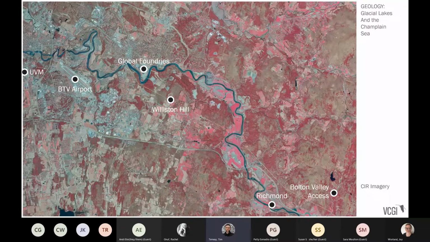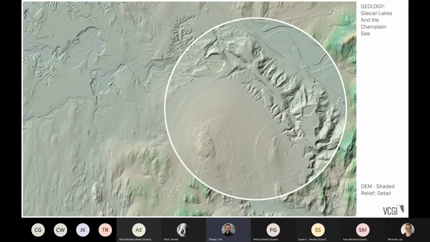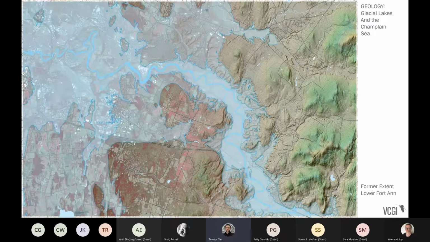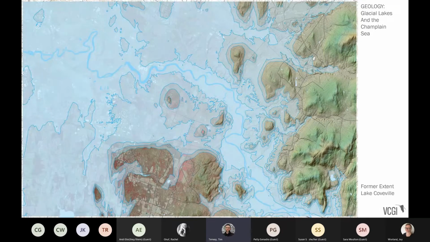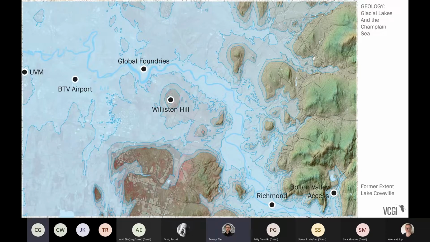So here is a place snippet of Chittenden County with some present day landmarks identified by the circles. And this data set, combined with our LiDAR data that helped create it, allows one to sort of peel back the layers and look at the extent everywhere from the lower Fort Anne to upper Fort Anne period to Lake Coveville, and really look at them, basically understanding, oh, all of Burlington was underwater 13,000 years ago, or some place even more hard to understand, like the Bolton Valley Access Road way up high was also underwater at the greatest